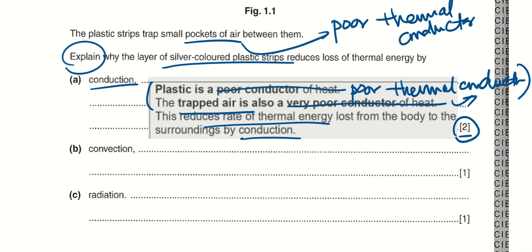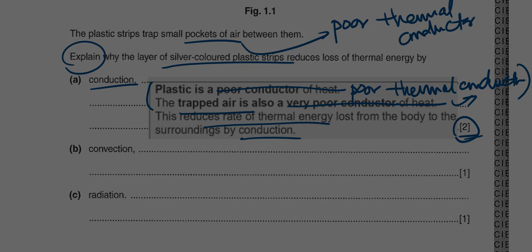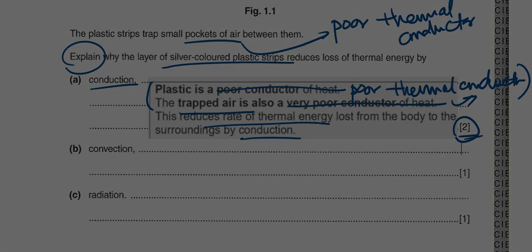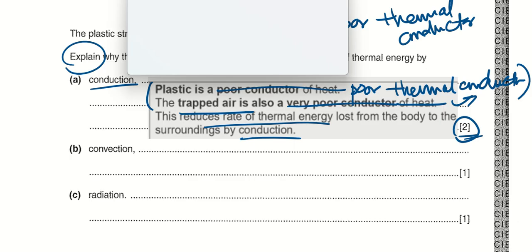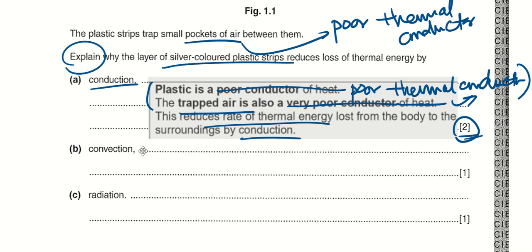So if you see this, the mark scheme says 2 marks, that means there must be 2 points. The first one is plastic, second one is the trapped air. So how about for convection? Let's take a look. Okay, so for convection,